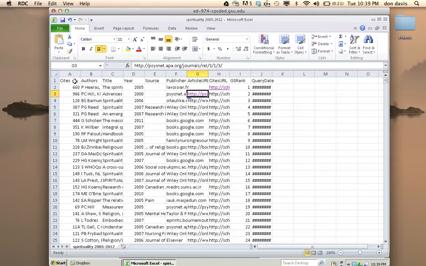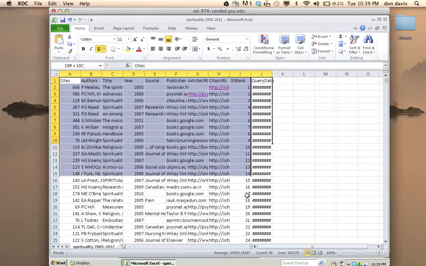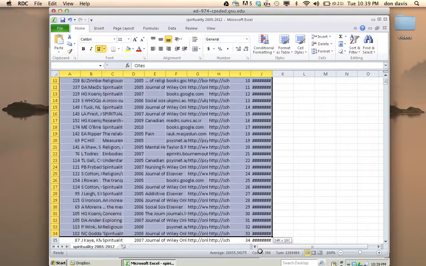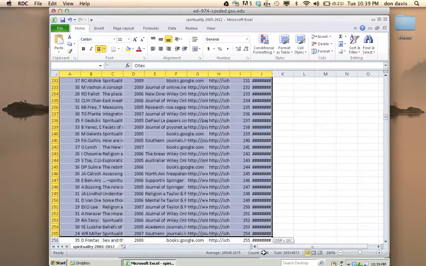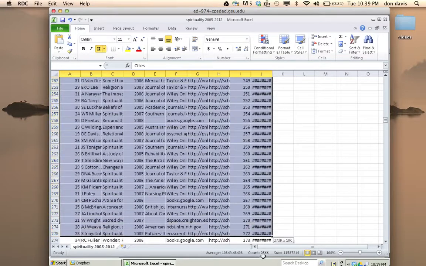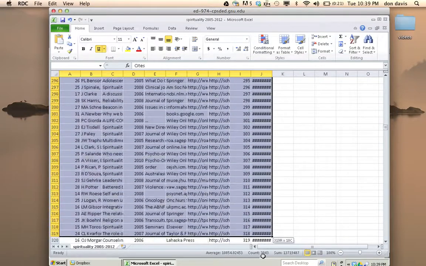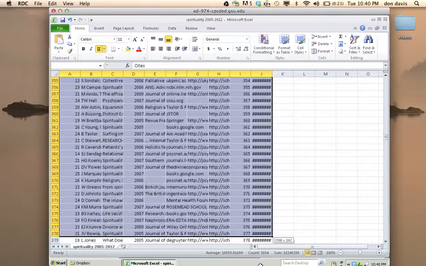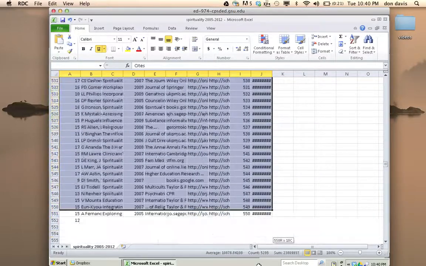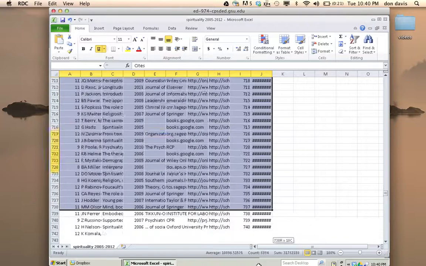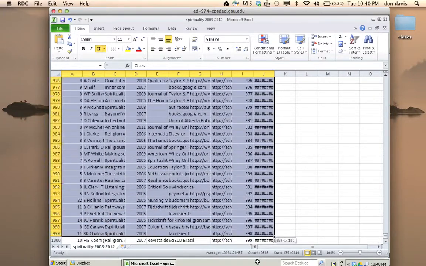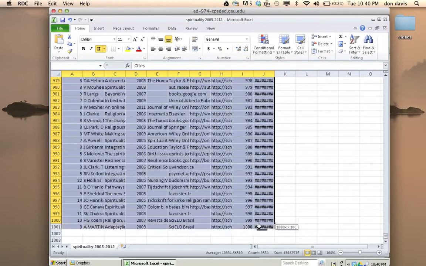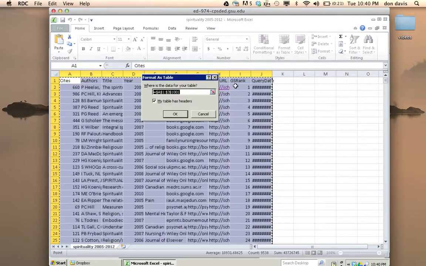But what I'll usually do is I'll create a little table here. It's kind of going slower because I don't have my regular computer. Okay, slow down a little bit. Okay, so this is the whole table. I'll format that as a table,